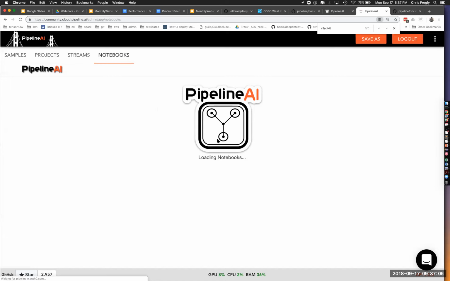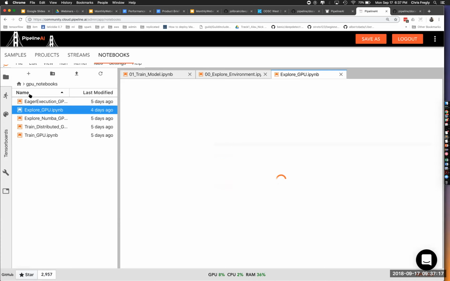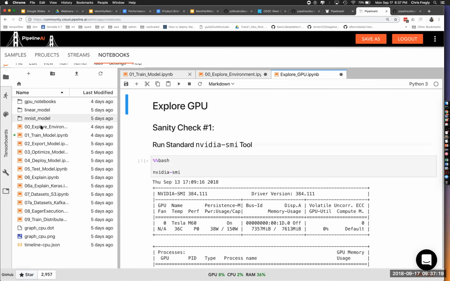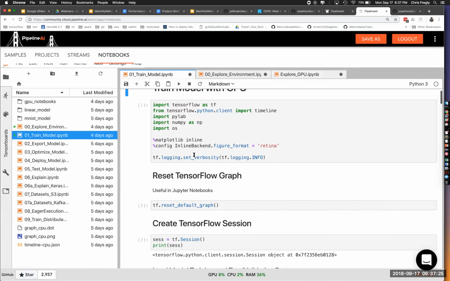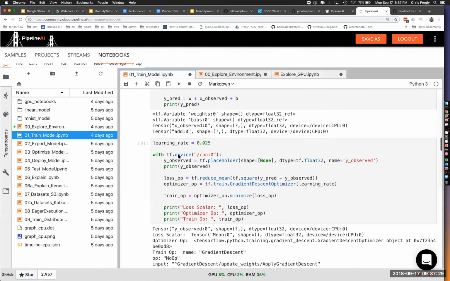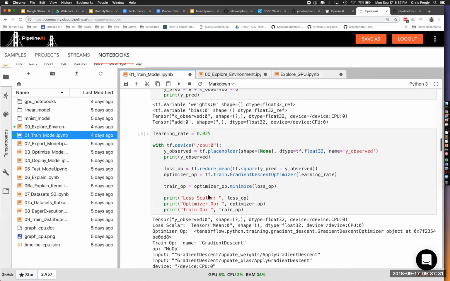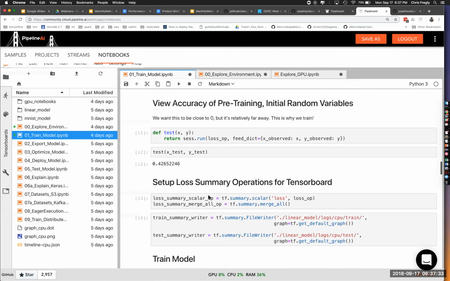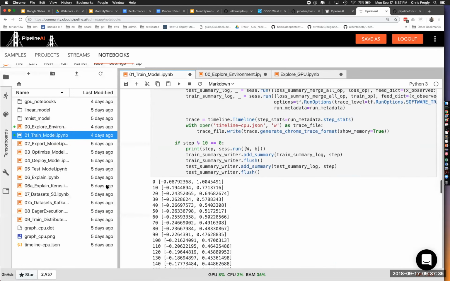Okay, so I'm pulling up the notebooks here, and I want to show you some of the newer notebooks that we created just recently. Let me show you. This is just kind of normal training, training the model. If you drill in, you'll get your own copy of these samples, and you can run through these.